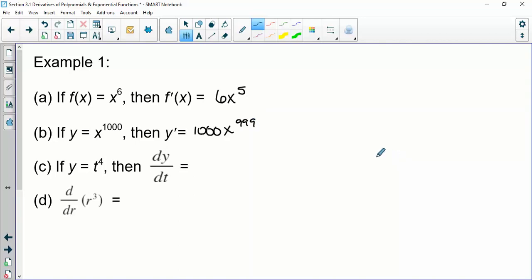That would be one that we could not have done with the other rule. There would be no way, I mean, there would be, but we don't really have the time to do x plus h to the 1000th power. Okay, so that would have been extremely ugly to do before. Alright, if y equals 2 to the 4th, dy dt, just another notation for a derivative, would be